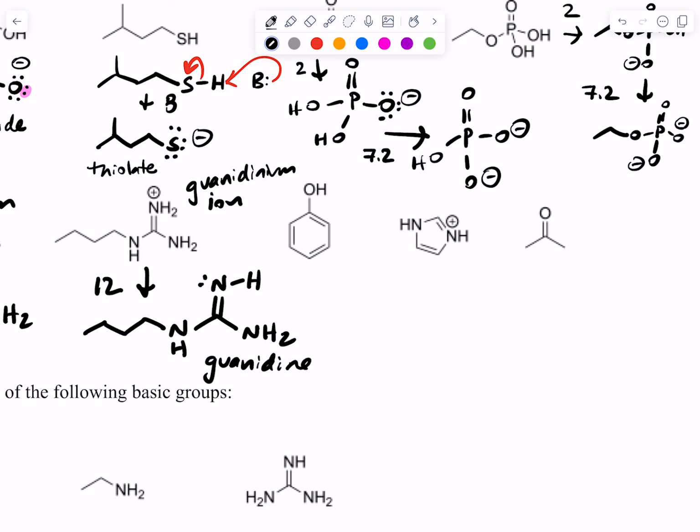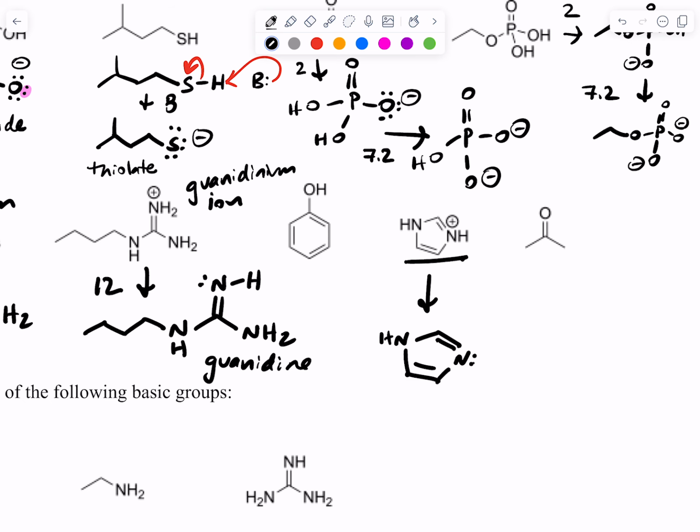Let's do a couple more. What about this one? What's the conjugate base? Sure, just remove the proton from the positively charged nitrogen. And can you find a pKa there on the table? Anything that looks like,